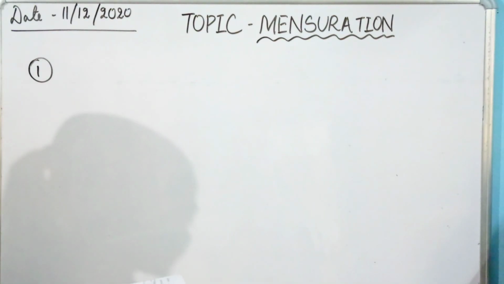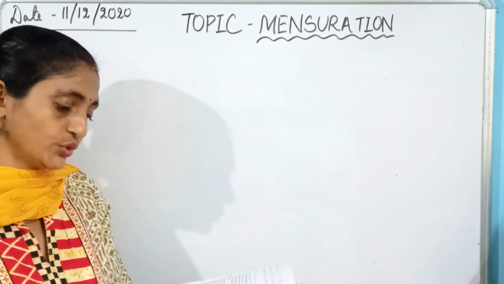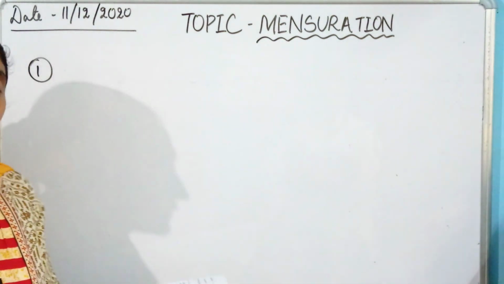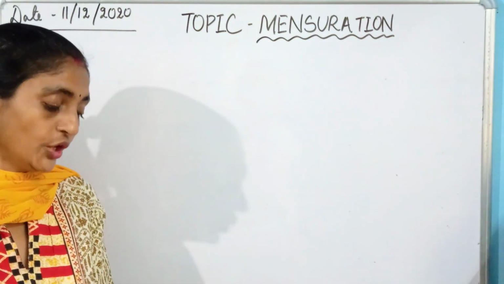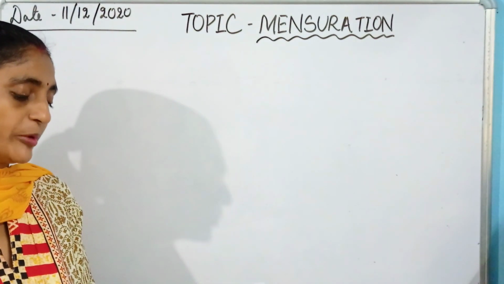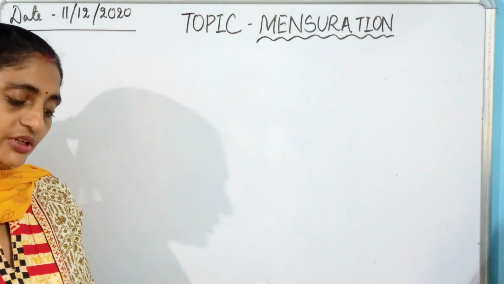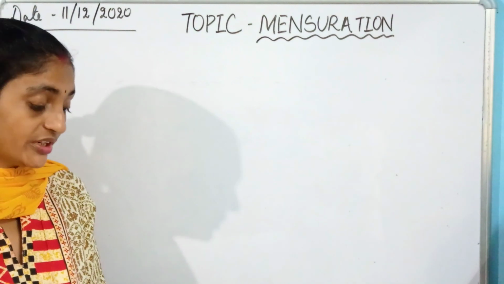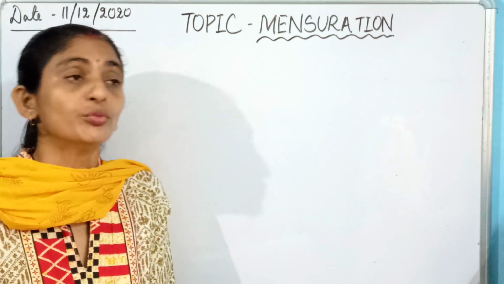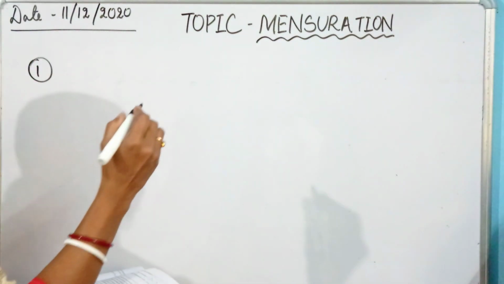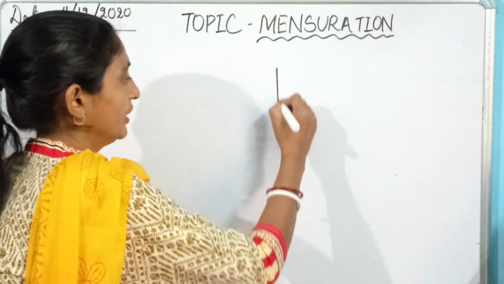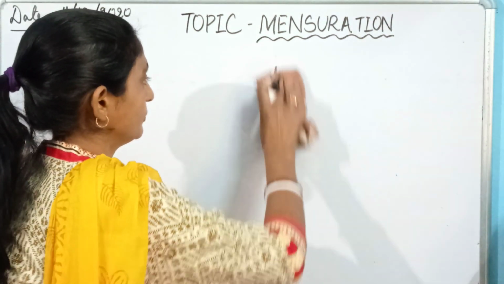From the questions I have shared with you, I am just going to consider the first question. Here the question is, two adjacent sides of a parallelogram are 3.2 centimeter and 4 centimeter. Then what is the ratio of their altitudes? So what you have to do in this case, let's go for a rough diagram.